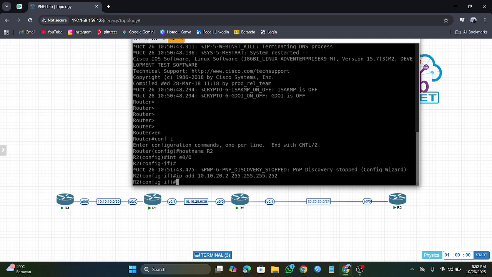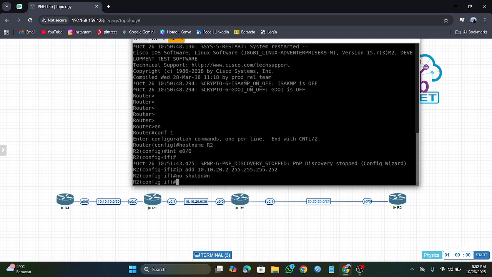Okay, next enter, and you type no shutdown and tap exit.